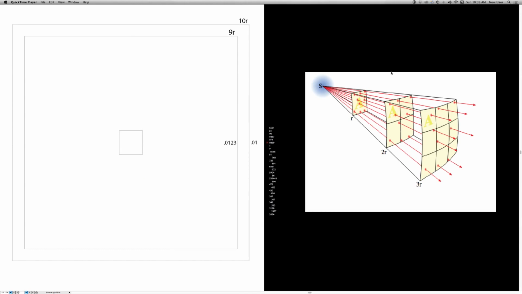The strength of the radiance at 3R is 1/9. And to convert that to a decimal, divide 100 by 9 to give